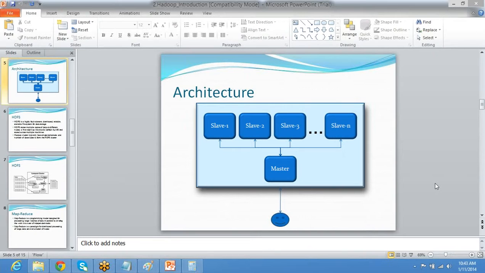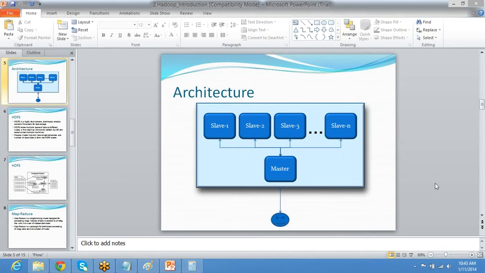So you mean to say the whole setup, the master, the slave, whatever we are seeing, this combination itself is HDFS? I should say the setup is called a Hadoop cluster. On all the machines you need to install Hadoop. Install Hadoop means you need to install both HDFS as well as MapReduce daemons. Inside your HDFS you will store the data. Exactly, the whole setup is known as a Hadoop cluster.